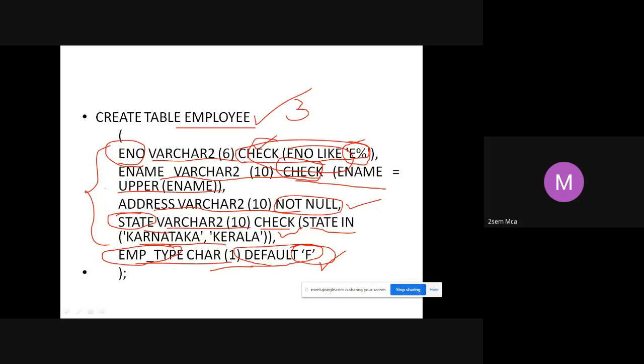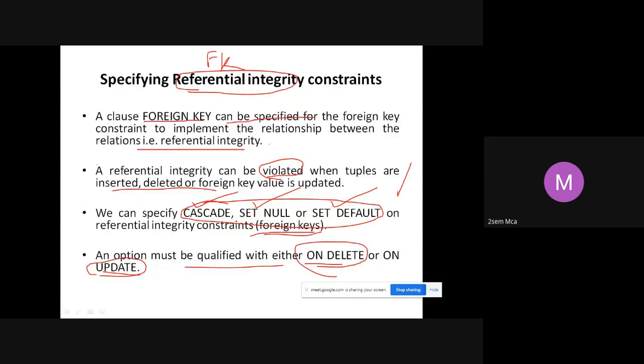We have used a constraint on every attribute here. For every attribute we have specified a constraint, but there is no constraint name. Directly we have given the constraints. But you can give a name.